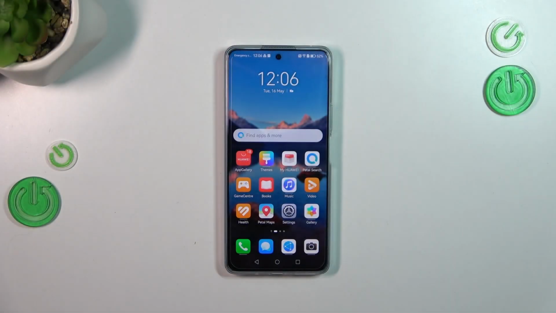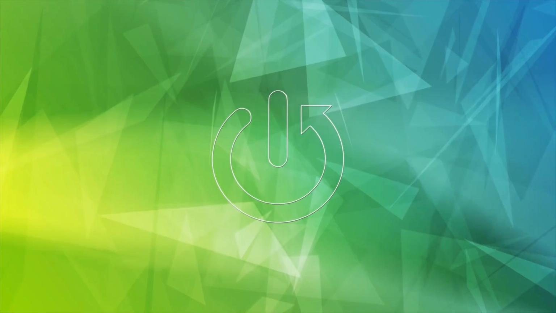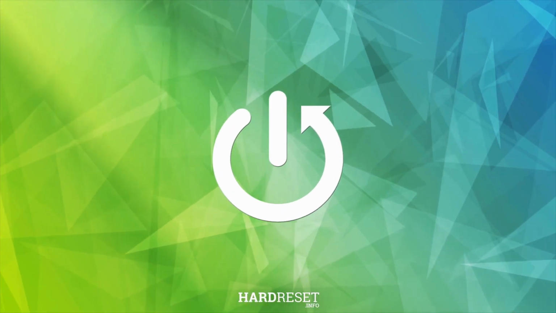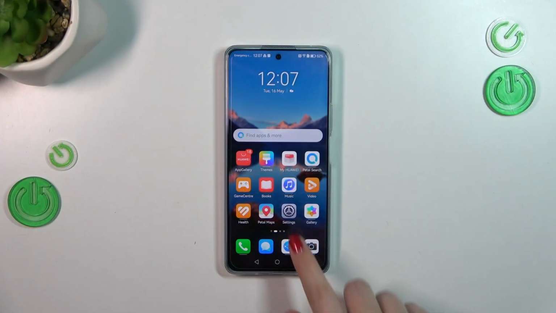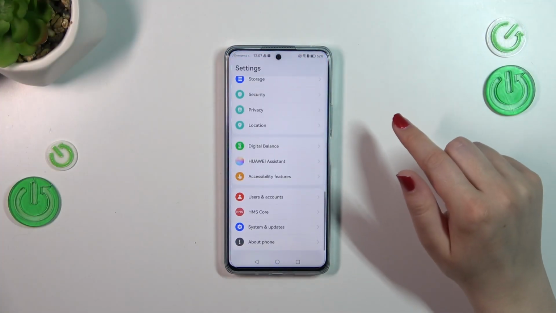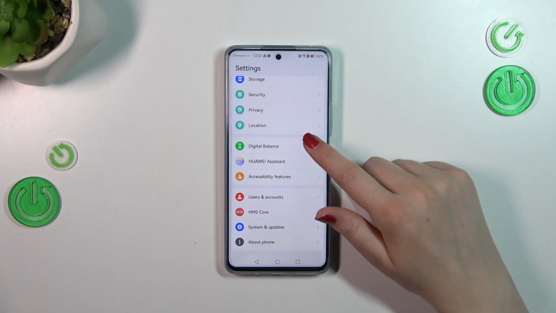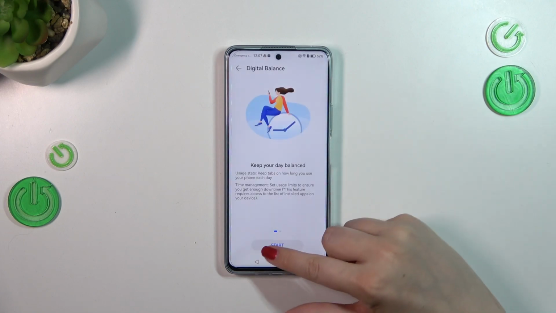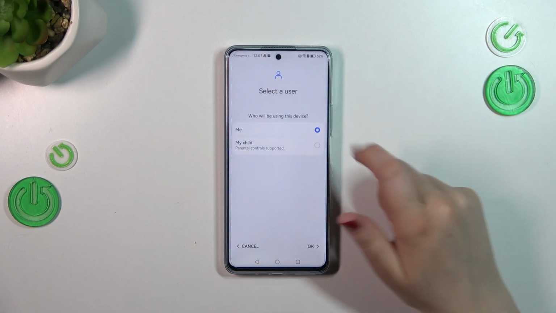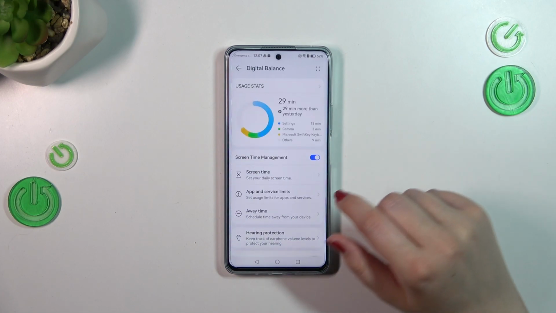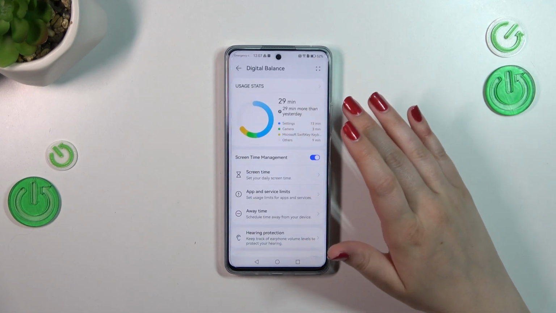Hi everyone, in front of me I've got HUAWEI Nova 11i and let me share with you how to check the total screen time on this device. So first of all we have to enter the settings and then scroll down to the very bottom to find digital balance. Okay, let's tap on start, tap on OK, and as you can see here we've got the usage